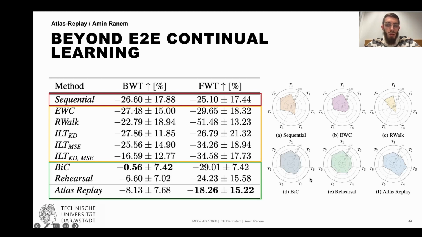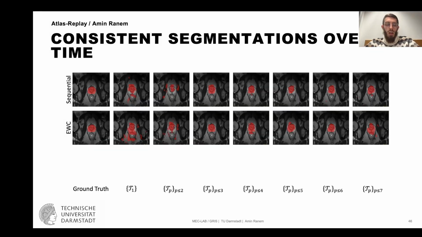When we now look at the rehearsal-based methods, we see a significant difference for the traditional rehearsal and the Bayesian correction. They have a very, very low backward transfer, so they maintain proper knowledge. However, the forward transfer is not really that significantly increased, so they still don't generalize that much. Atlas replay, our method, on the other hand, achieves the same backward transfer performance as rehearsal and a superior forward transfer. And we will see this right now in this quantitative analysis, where we had a ground truth image